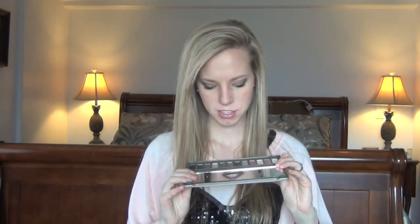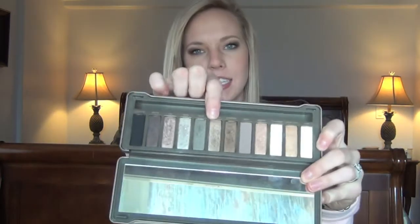And then I have been using my Naked 2 palette a lot. I went back and forth about liking this for a long time because I had really liked the original Naked palette because it was more warm, and I tend to like more warm colors on me. But this one I've just been using a lot lately, specifically the Suspect and Snakebite. So this one right here on the lid and this one in the crease, and it's actually what I'm wearing